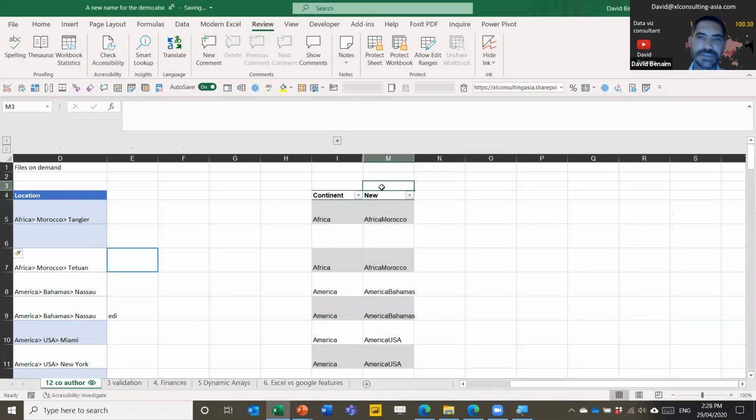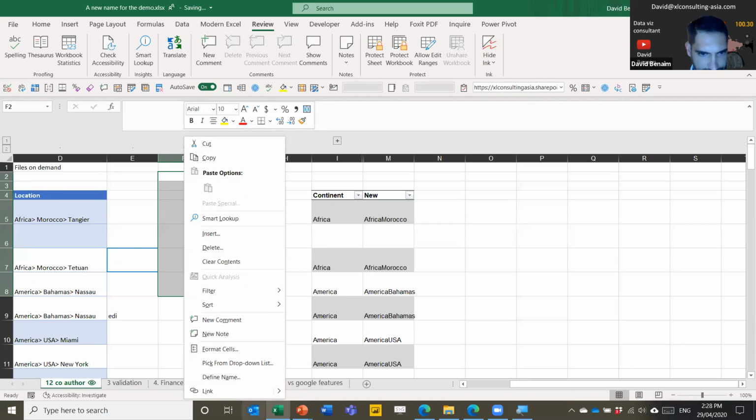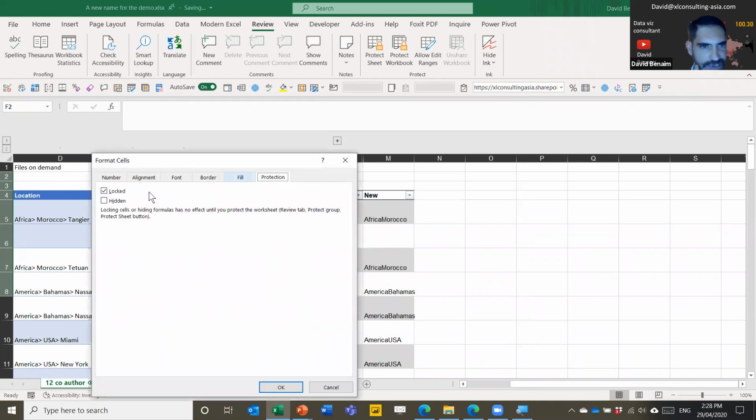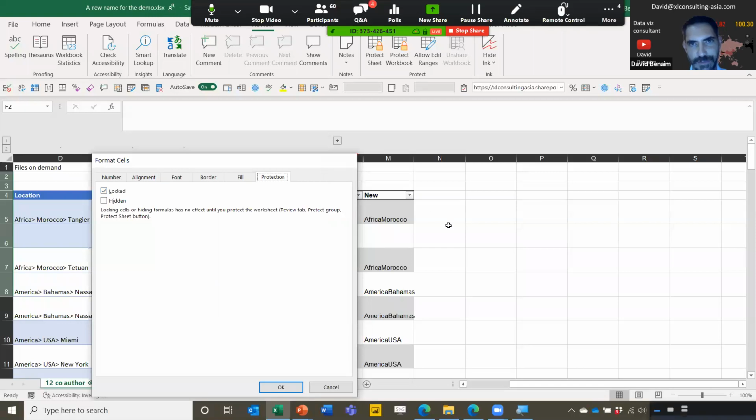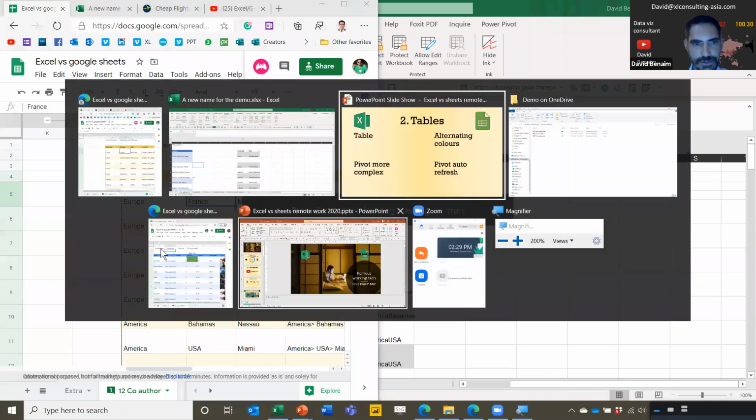The other reason why this is a bit weak is it doesn't go by user. It just does it for everyone at the same time, and only with a password can you edit it. And finally, if you wanted it not to apply to certain cells, you have to first select the cells, right click and format cells, and then go to protection and untick locked, because everything is locked by default and can be unlocked by selection, which again, I find a little bit confusing. Instead, I would prefer to have something unlocked by default and only locked on selection.